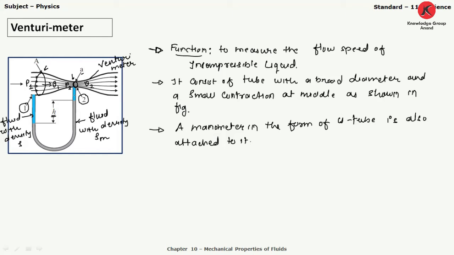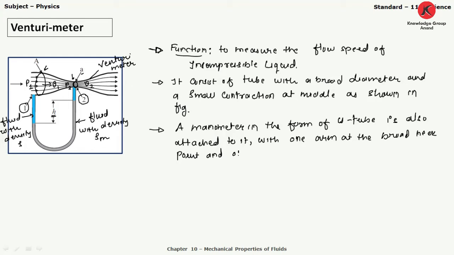Right, here we can see the manometer which is attached with this Venturi meter with one arm at the broad neck point. Here it is, one arm which is connected to the broad neck point of the tube and